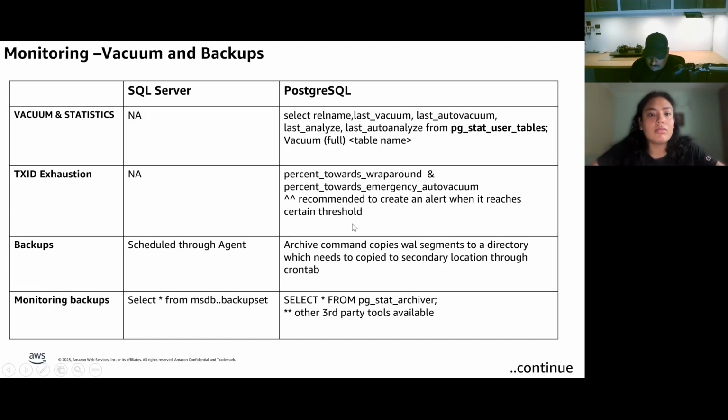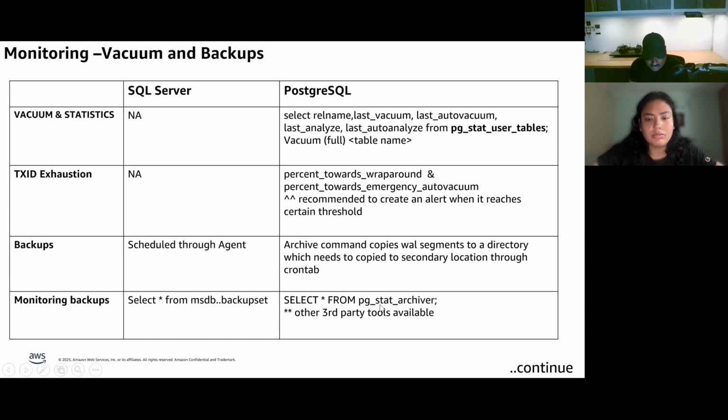Okay. And also pay attention to monitoring two variables over here. This is to monitor transaction ID exhaustion. In this session we don't cover transaction ID exhaustion in Postgres because that takes more time and is out of scope for this. But I highly recommend going through what transaction ID exhaustion in Postgres is, because that is very important.